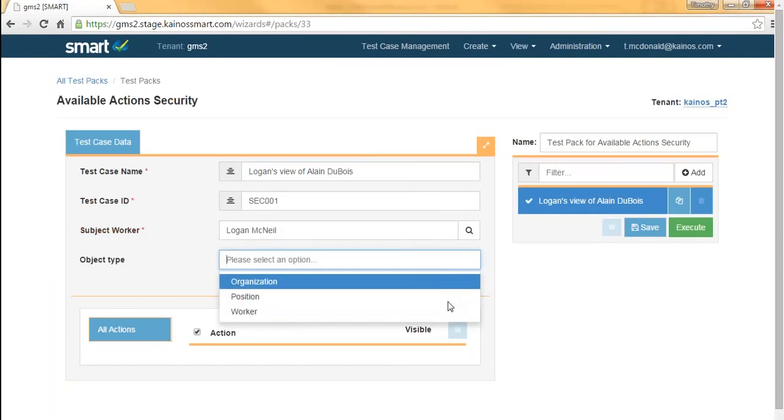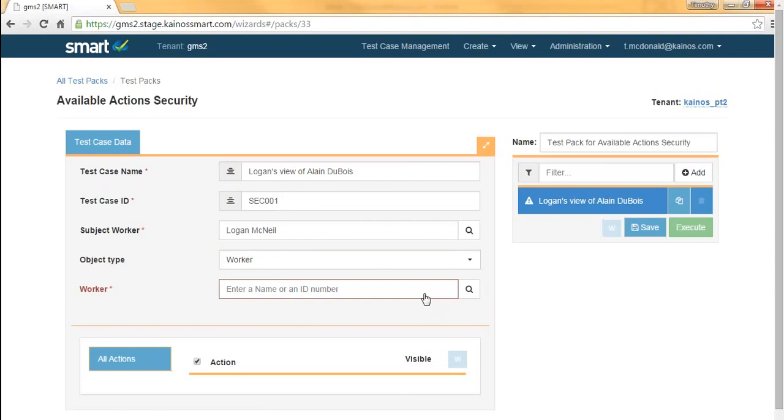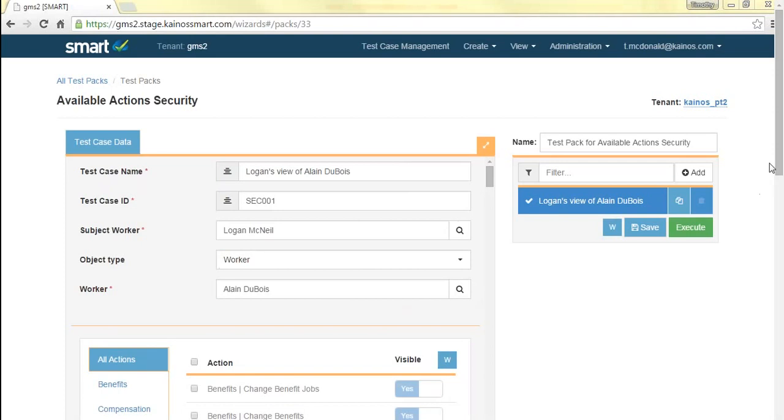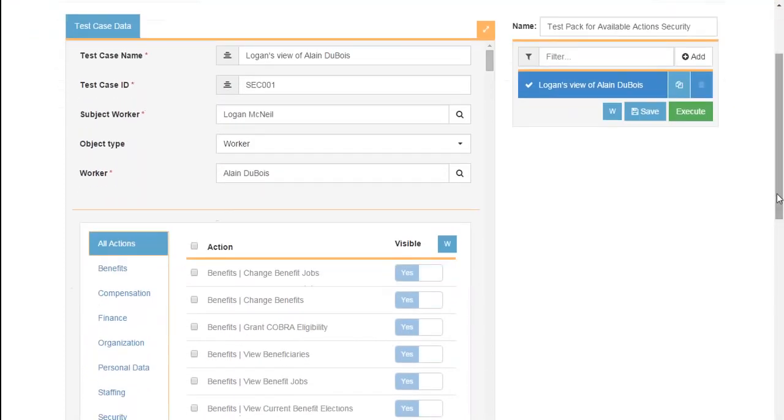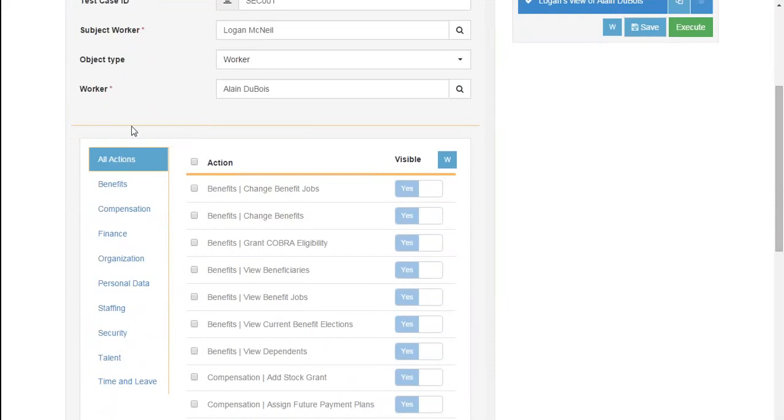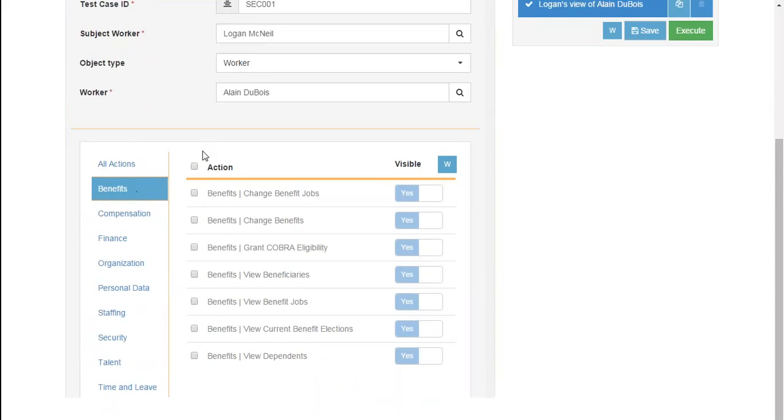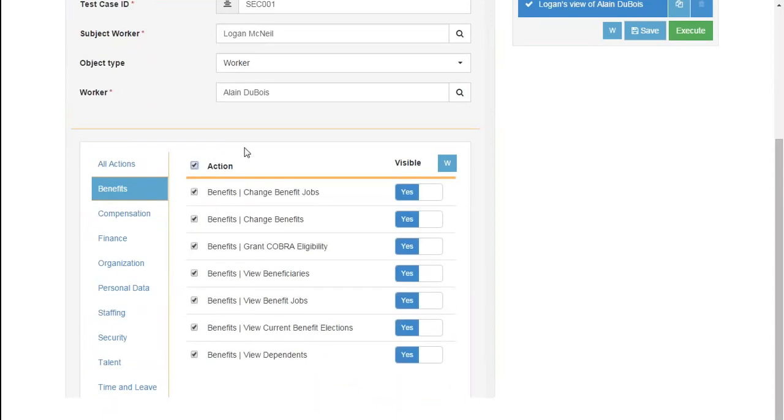I'm going to select worker again and just specify Alan. For this particular test case scenario, I want to focus on the benefits and personal data core areas. So if I navigate to benefits and add the test cases into my pack, what I'll then be able to do is click this button here, and this is our baseline button. This is the button that's going to retrieve the current security setup for Logan based around the benefits core area. If I click this button,